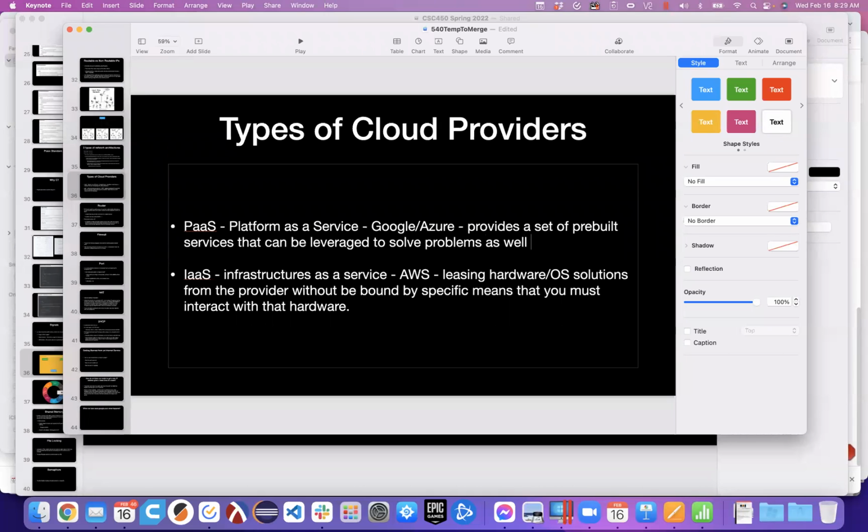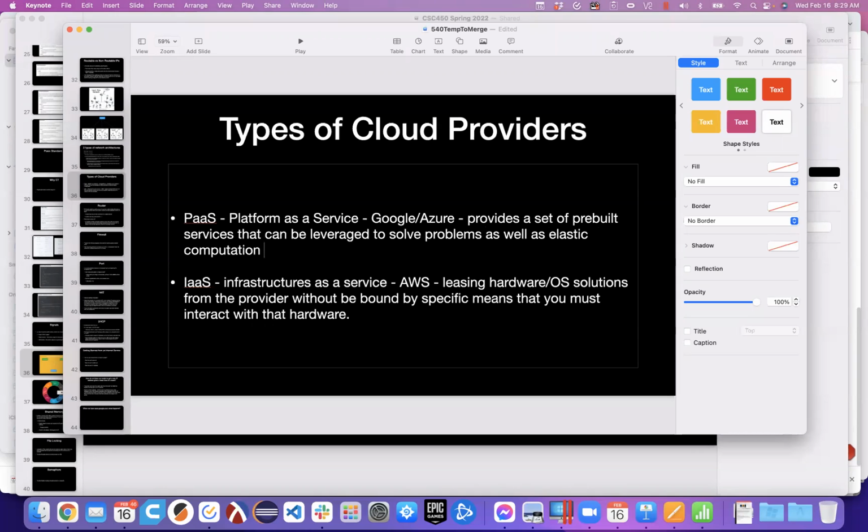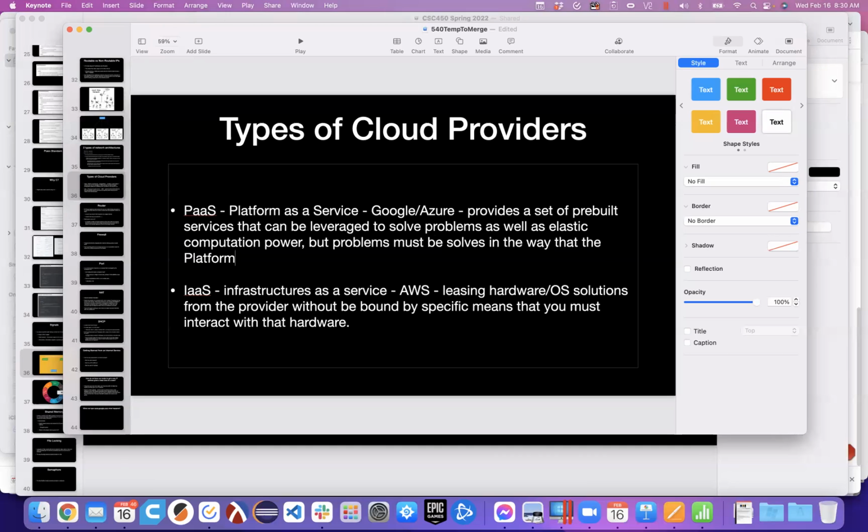It's modular also, as well as what I like to call elastic computation power. But problems must be solved in the way that the platform dictates. Okay, so for example, if you're using